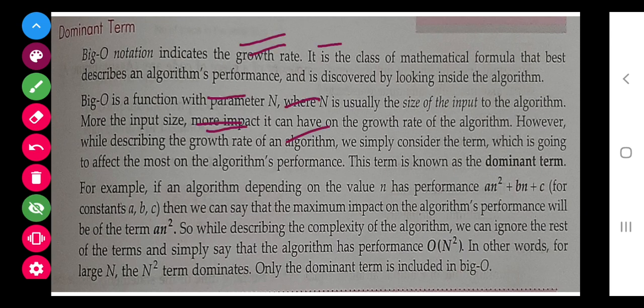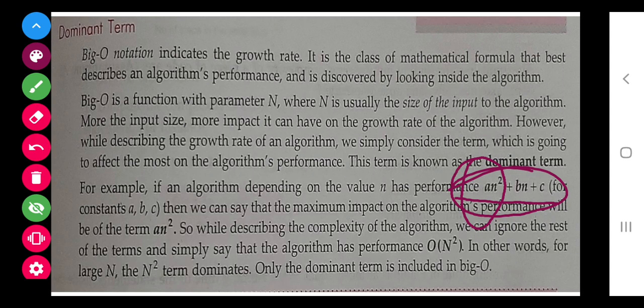Now class, the next point is the dominant term. I am directly starting with this. If we see this expression, our complete program, the algorithm, depends on this, because this is n square, and it will dominate the whole expression. So this term of an expression is the dominant term. You read this paragraph and you will come to know that under big O, this will be the dominant term of all these three.